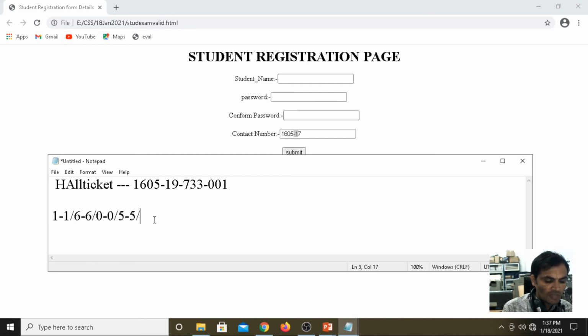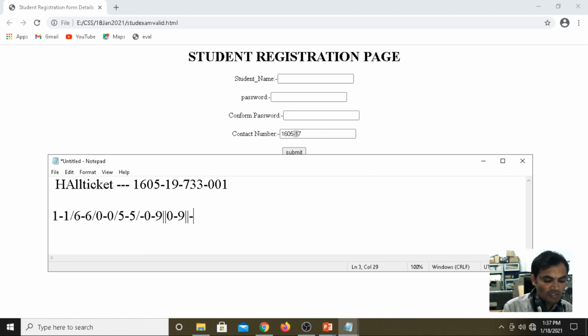Now coming to the year, if you want to enter 19, it may change every year, after 19 we get 20. So here we give 0 to 9, 0 to 9. Then next we give 0 to 9. This is a regular expression.